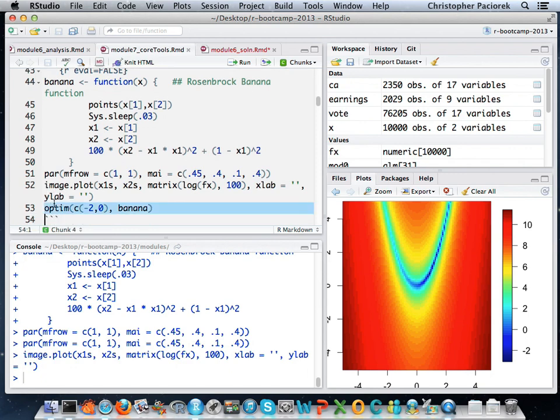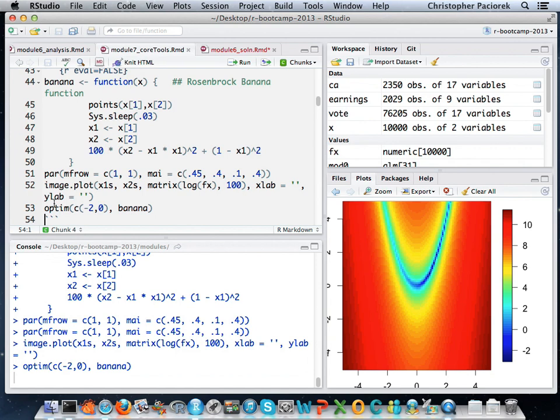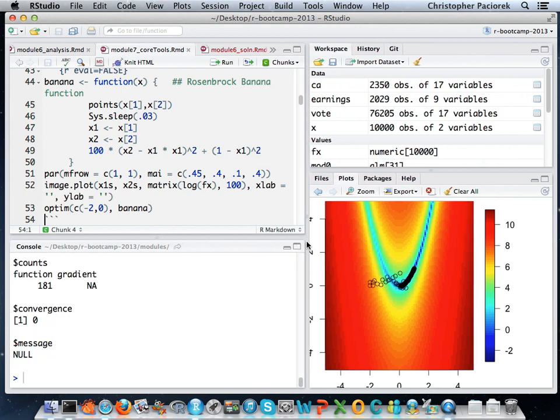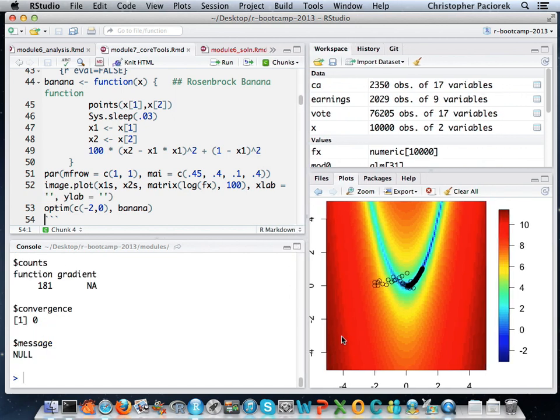Okay, so now let's rerun our optimization with our modified banana function. That's not working very well. So some of these things seem not to work great in RStudio. Oh, there we go. Okay, well, it sort of did it all at once. That's a little bit unfortunate. So it doesn't seem to be doing the interaction with the operating system and the sleeping in quite the way that I was hoping. But I guess I'll just tell you what happened when I ran it on my own machine,